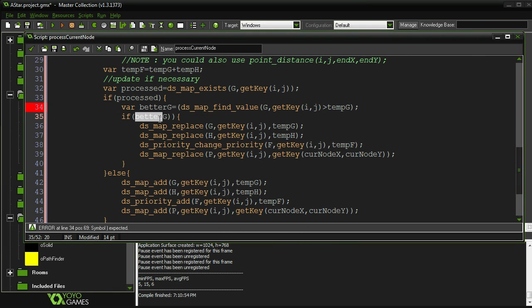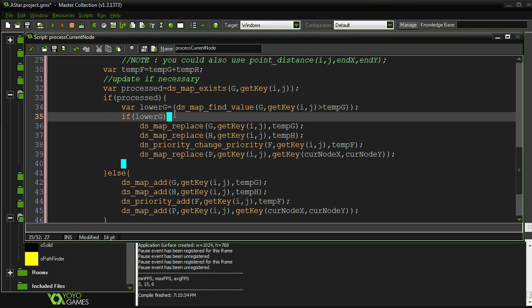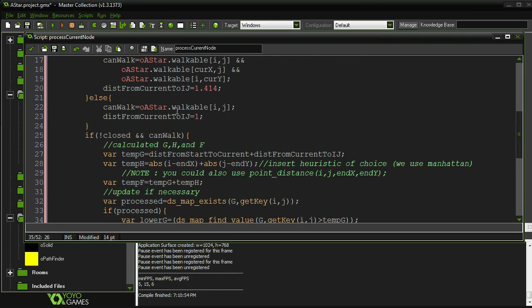Or I think it's called lower g would maybe be more accurate. There. Okay. So this just makes things easier to read. I mentioned this in a quick tips about if statements. This little trick of pulling out the condition. Alright, now